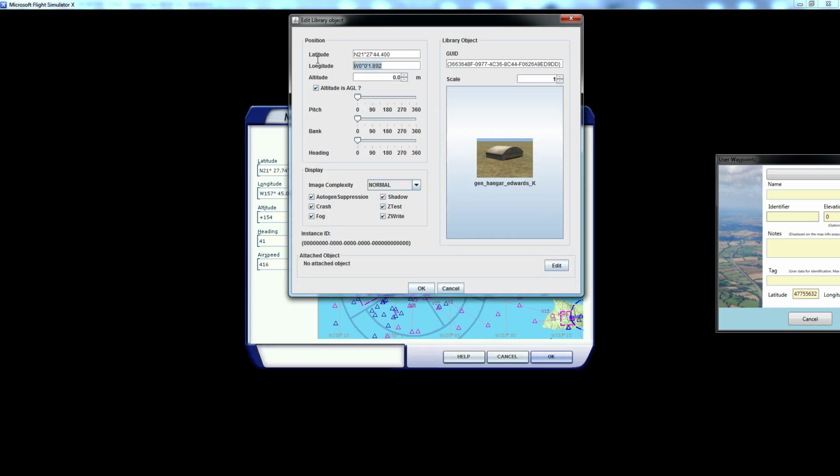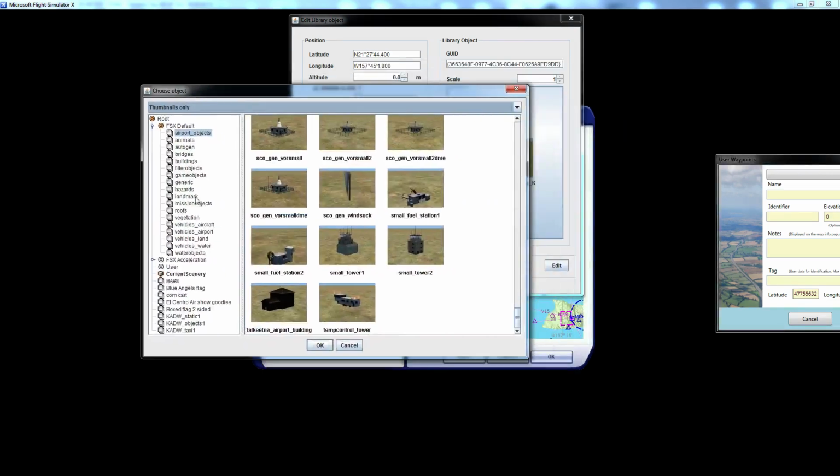So this is kind of the thing when you're making scenery. There's a lot of different programs that use different settings and different ways of